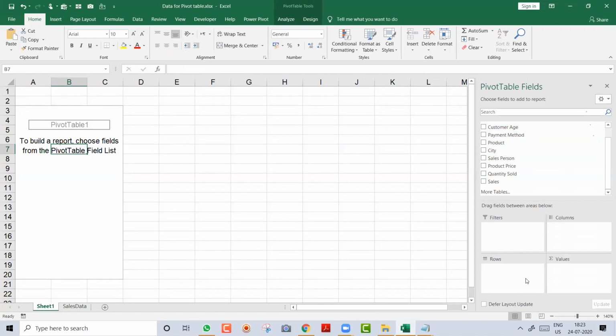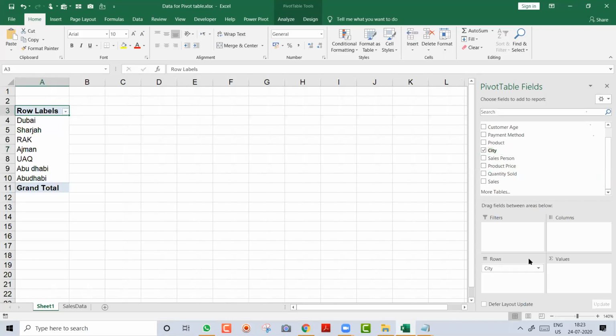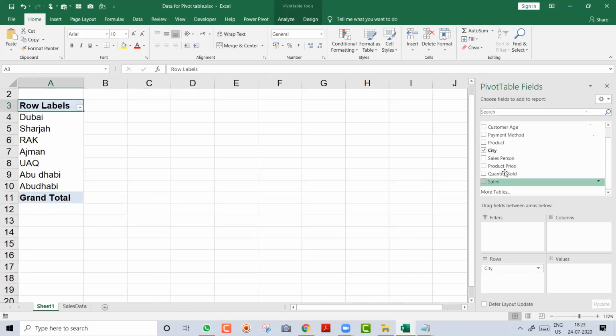And friends, on the right hand side bottom, you have these 4 areas. This is your filter, this is your column, row and value. I will explain all the 4 very slowly. Now we will start with the first report. I wanted to create city-wise sales. My manager told me, show me for each city how much is the sales. So what you will do, you will take this city. You can click it also. I just click on it and automatically this city has moved to row. See here, it has come into the row. Wait, don't rush.